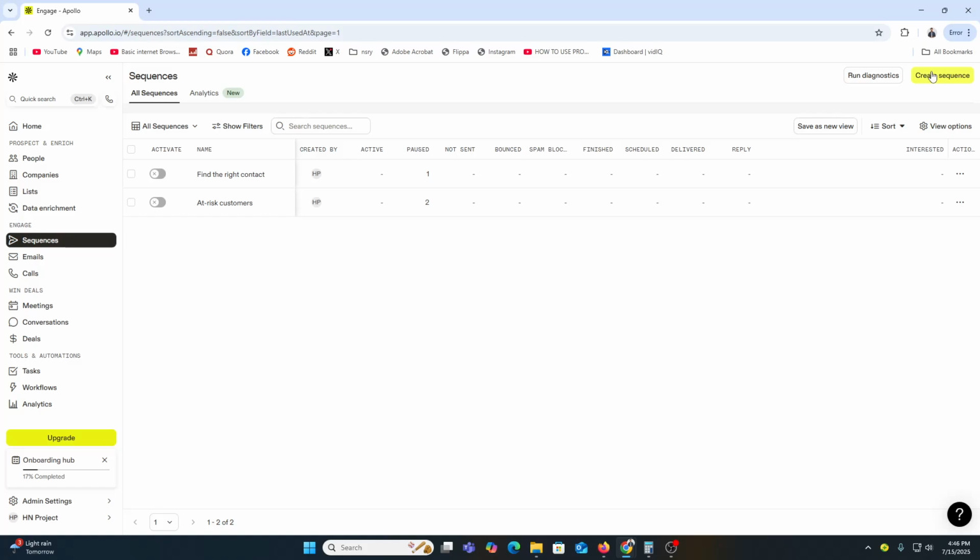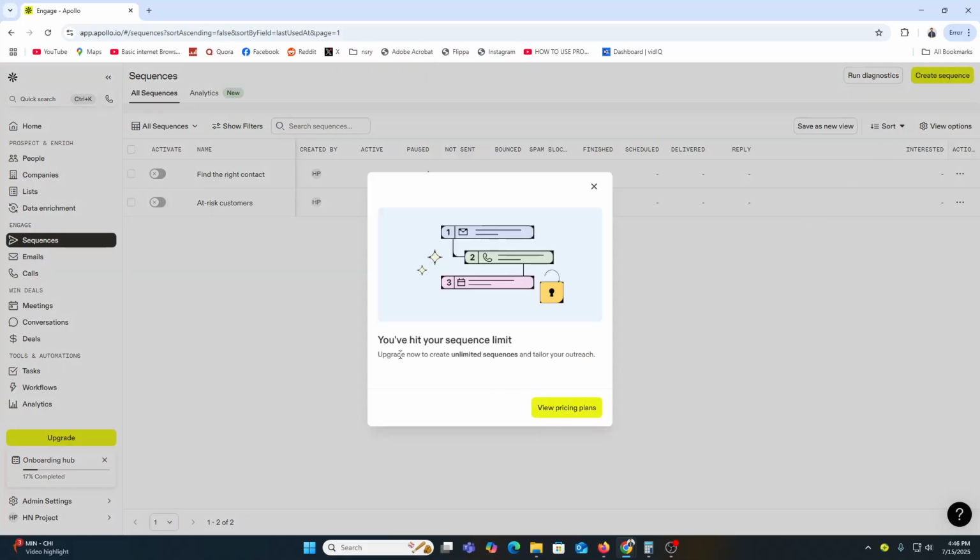Once your sequence is ready, pick the list or contacts you want to send to. You just need to set your sending schedule and hit launch. Apollo will send your emails automatically and even track opens and replies. Here you can just click over here, and we hit the sequence limit, so we just